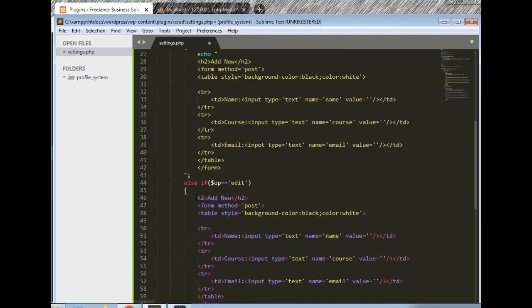If option is equal to edit, h2, edit record, okay, method is equal to post, this should be same. Then we have text name, everything is okay. Now we will have this dot concatenation, and we will have value